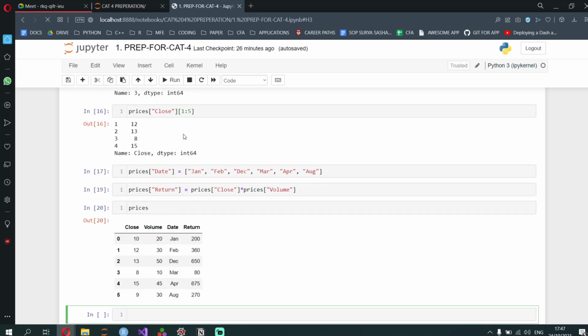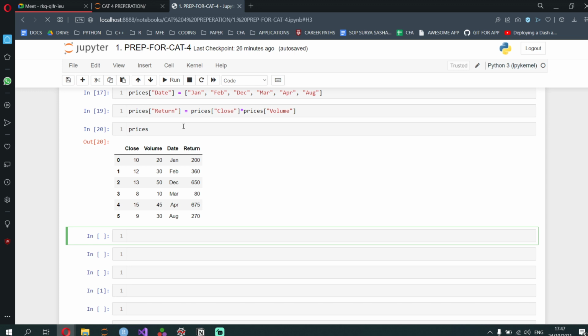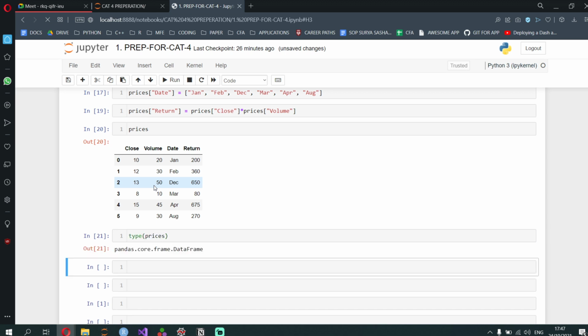Okay, so point 2, which is mutate data, is being covered over here. Now, measures of central tendency. For the data frame itself, the pandas data frame, let me just put type of prices. Okay, it says pandas data frame. So this entire table is a data frame, but if I put type prices of close, it will come as series.